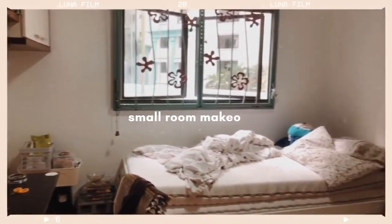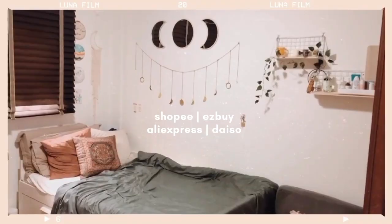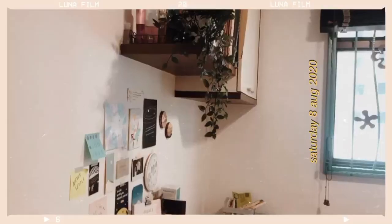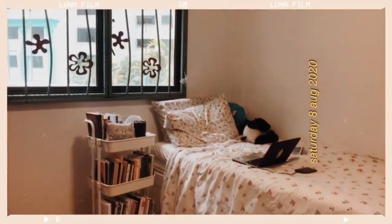You're about to see how I turned my room from this to this. So the first thing I did was to turn my bed around so that there's small space when I enter the room. I hanged up a few of my paintings on the wall, and throughout this entire process of revamping